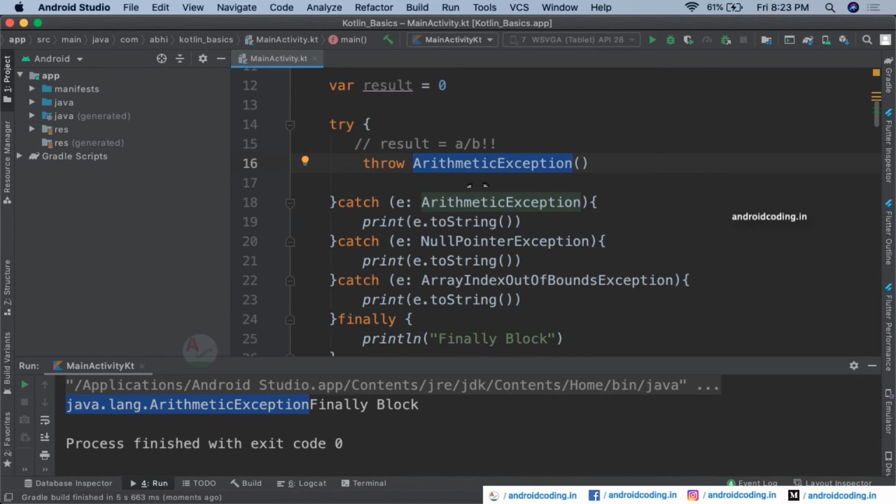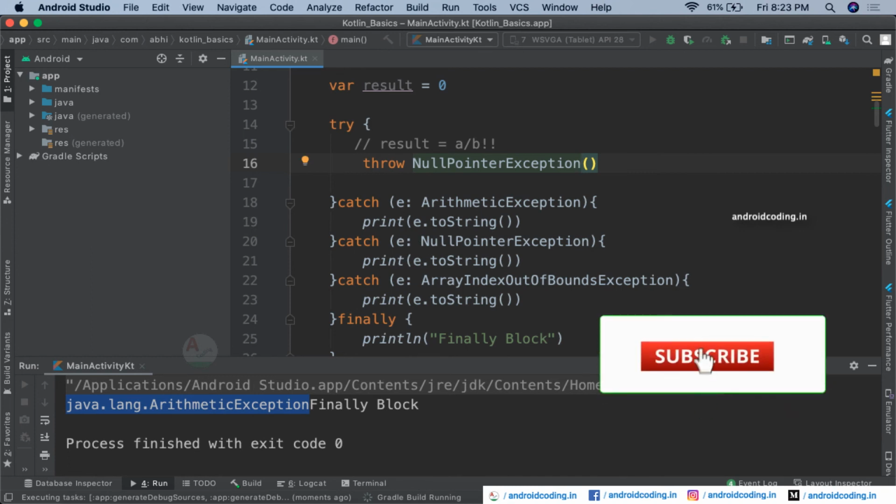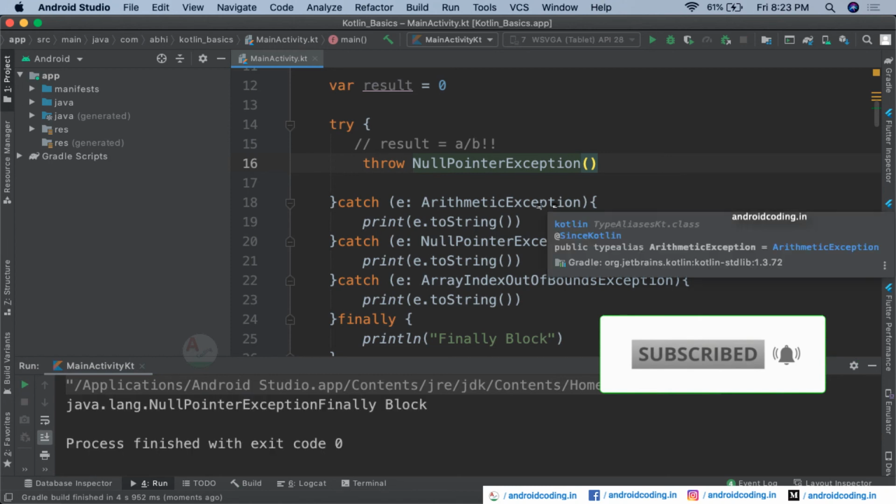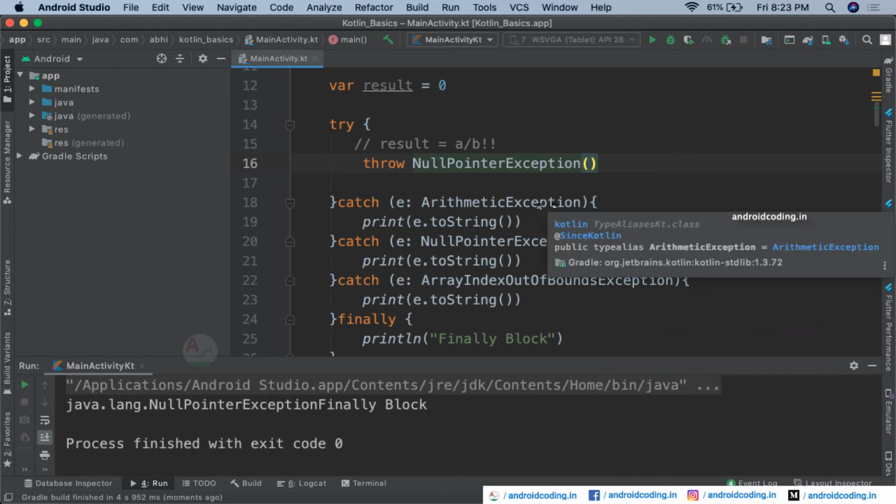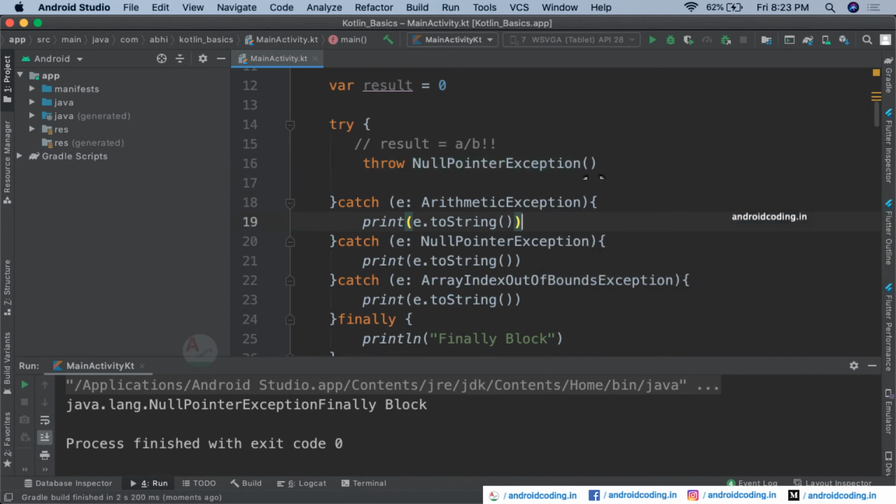Now let's try to throw a null pointer exception, and when you try to run the code, you will be getting a null pointer exception in place of the arithmetic exception. So the throw keyword can be used to throw different types of exceptions, and also here you can specify some message.